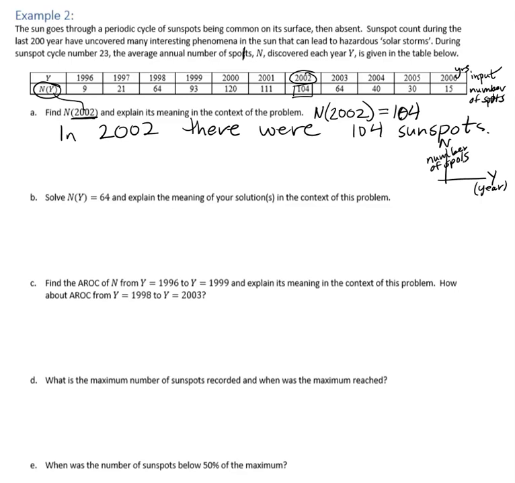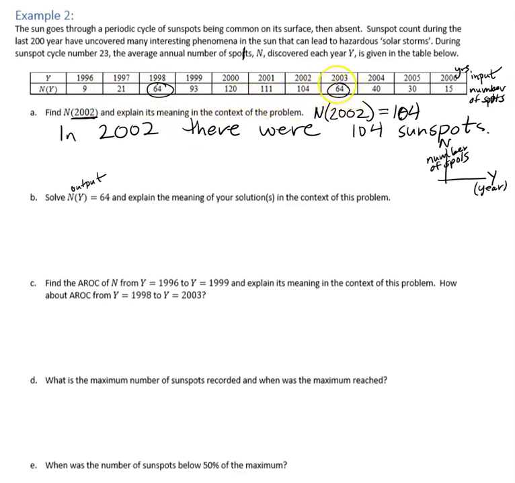Part B is flip-flopping this. It's saying that the n of y, so this is the output, is 64, and we're supposed to solve. So the unknown thing there is the y. We're solving for y, find the year, and then explain the meaning. Okay, so let's erase what we used last time. We'll say, so now the output, we want to look in the bottom row, and we're looking for 64, and